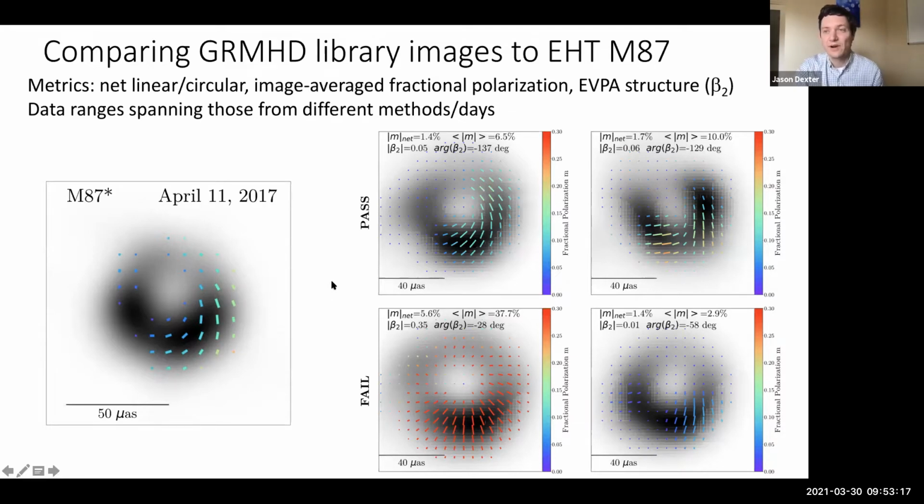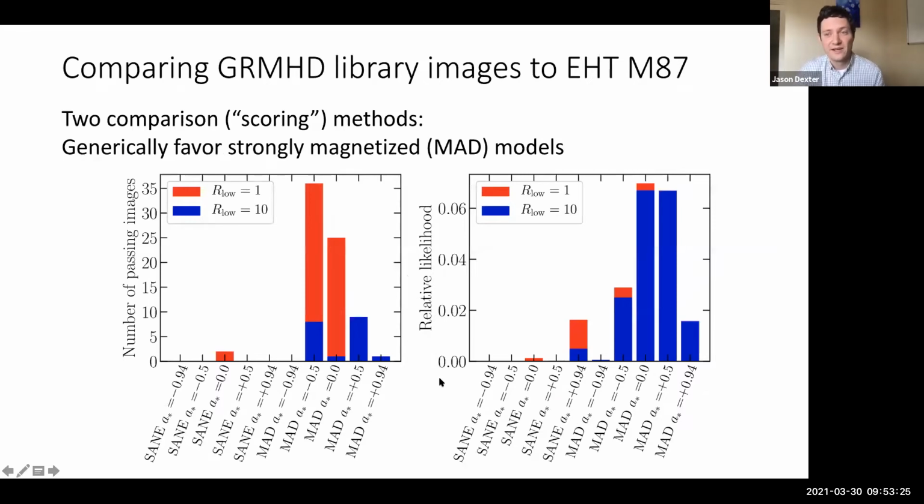Okay, and so we can quantify this and basically just ask if we collapse things down to sets of models, what are the things that do the best? We have two different methods to do this. One of them is applying all the constraints simultaneously on the left, and one of them is more of a joint approach of just requiring that each constraint is met by at least one image taken from a time series from that model. But in both cases, I just want to say that as far as we are able to tell, we generically favor the strongly magnetized scenarios for accretion onto M87.